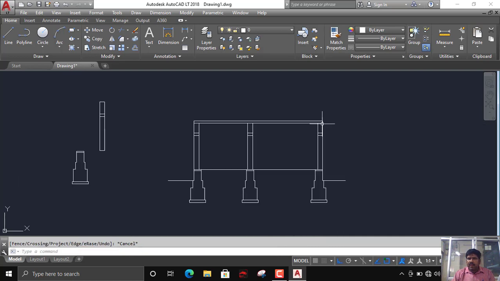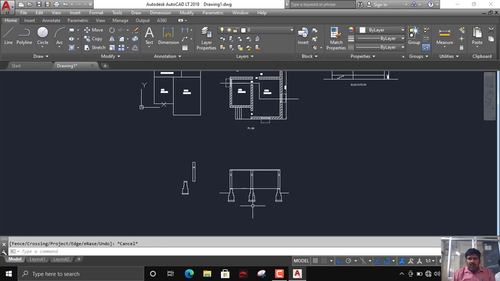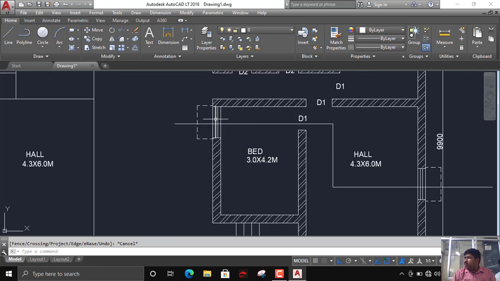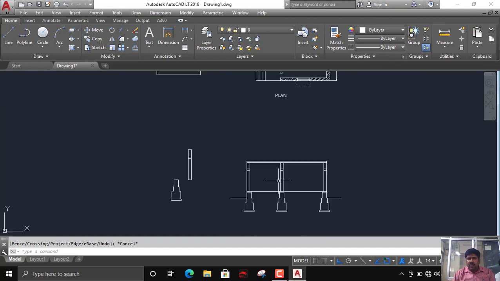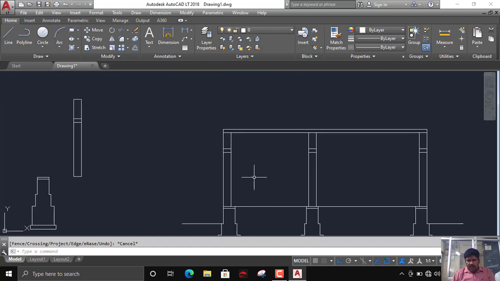This is trimmed, right? Now I have to look out where my door and where my window is, right? So first thing, here I have a window and on the last wall I have a window, right? For that case, what is the height? I have to take 900 mm from the floor. This is the window location.